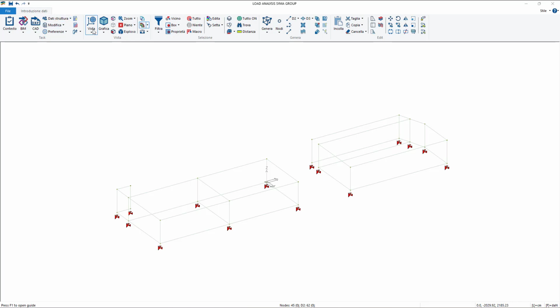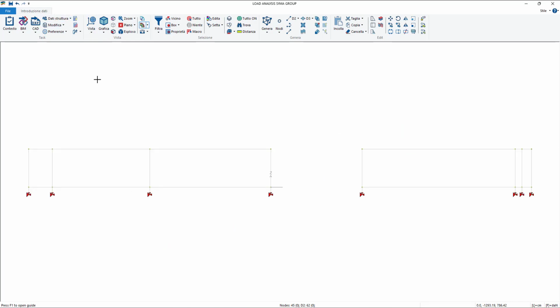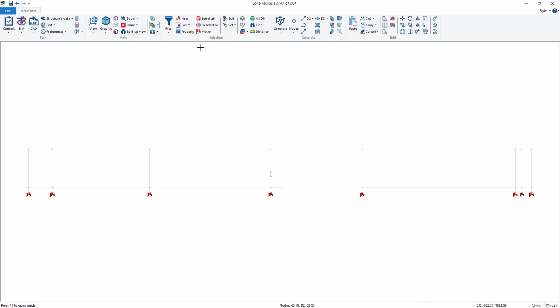I can go X plus as before, and exclude the nodes. Oh, sorry, I'm back on Italian. So box from right to left and cancel.